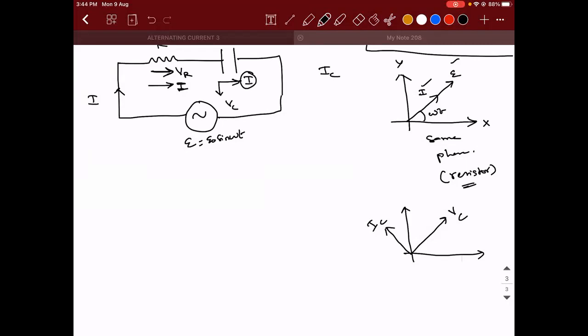If I is like this, guys, observe. I'm taking VR as the reference. If VR is horizontal, according to the phasor diagram, how should the current across the resistor be? That will also be horizontal. If IR is the current, IR is just a name, let's say it is 2 ampere. If IR is the current flowing through the resistor, can I say the same value will flow through the capacitor also? Yes, sir. Then with respect to the current across the capacitor, how will the voltage be?